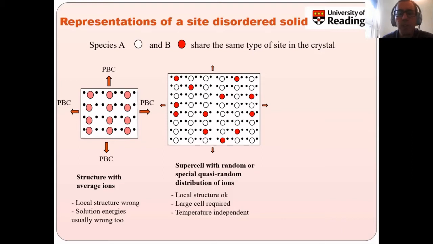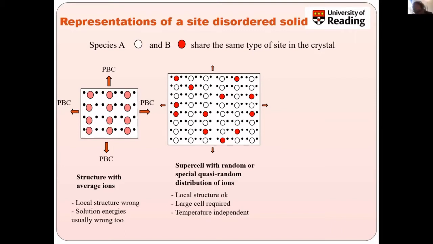So people tend to use the supercell approach a lot, where you define a large supercell of your solid and then create a random or a special quasi-random distribution of ions. And the concept of a special quasi-random, I don't have time to go into the details, but the idea here,